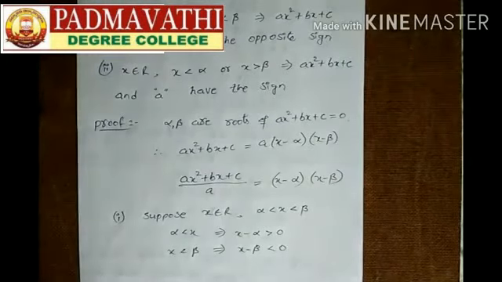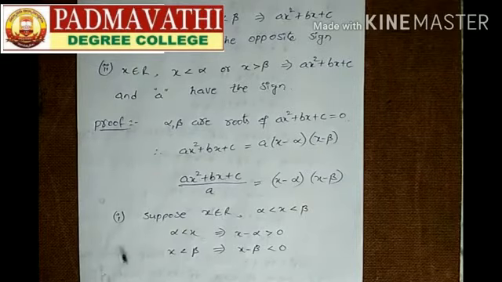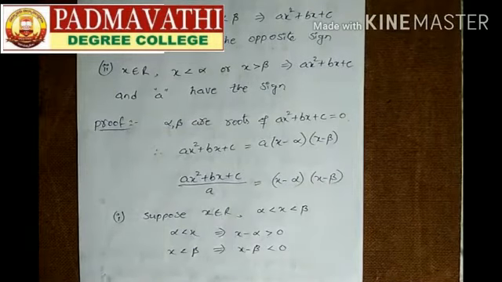Right. Now leave it like this. Next we are going to prove the first case. In the first case we are considering, suppose x belongs to R and this x value lies in between the two roots alpha and beta, means alpha less than x less than beta. In this case we can consider the relations one by one. First, alpha is less than x, so we can write it as x minus alpha is greater than 0.